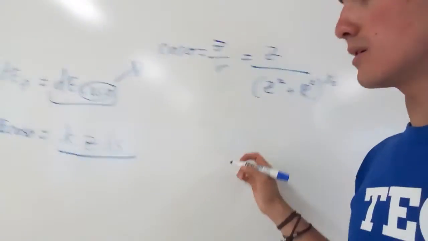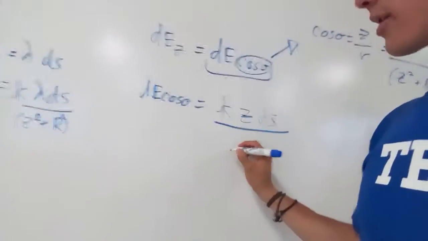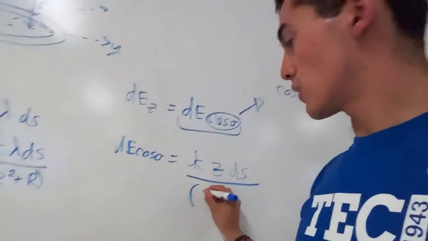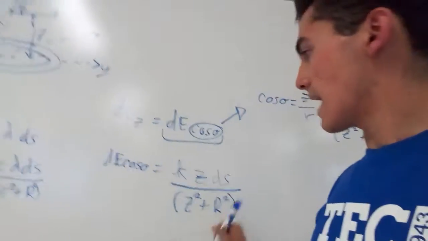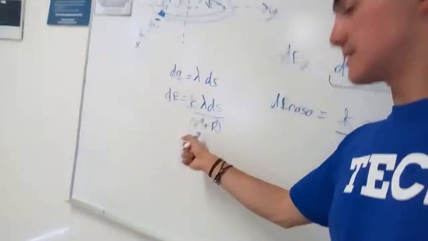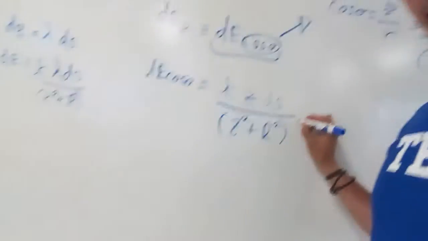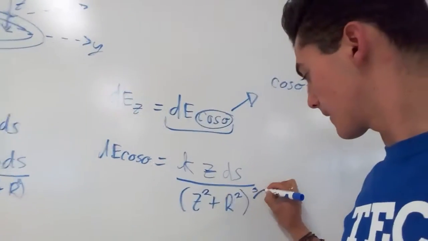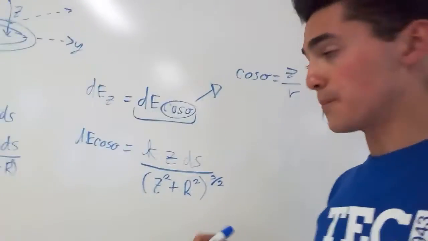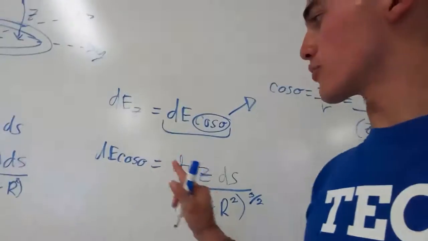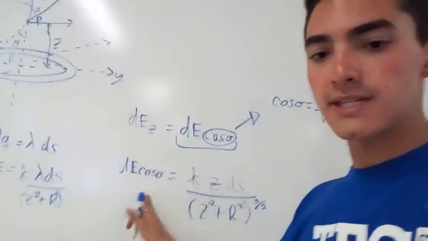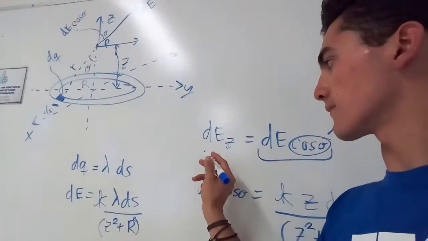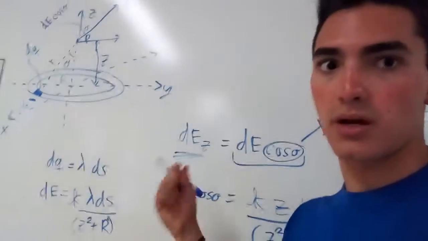Okay, so here we will obtain that this part is equal to z squared plus R squared, and if we multiply this part and this part, we will obtain here 3 halves. Okay, so once we are approaching the value of dE cosine of theta, that is the value of the component in z that we are looking for,